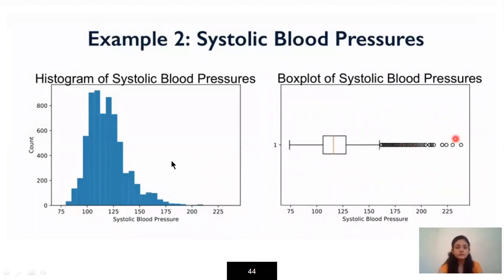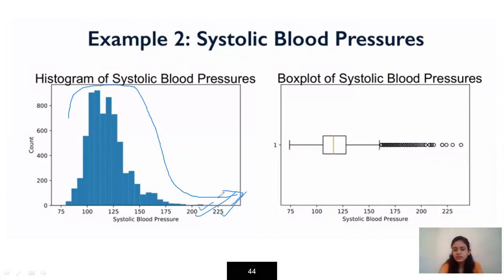In this histogram, which type of shape is it, left skewed or right skewed? From the histogram you can see that it has a long tail towards the right hand side. So my histogram is right skewed. As it is right skewed, my outliers will lie at the high end. It means somewhere over here at the high end my outliers will be there.